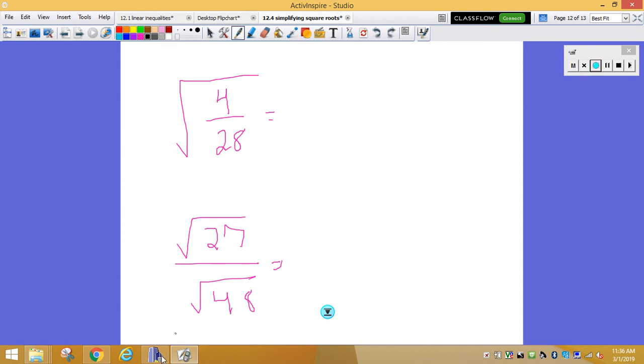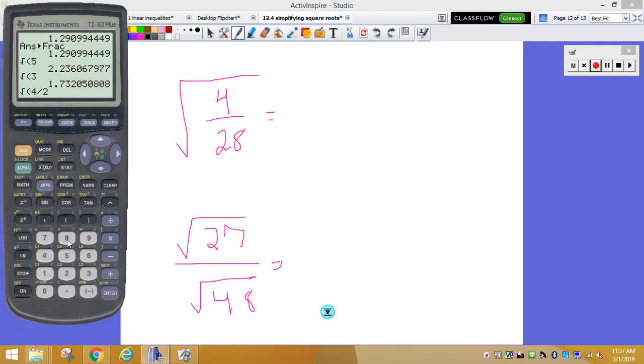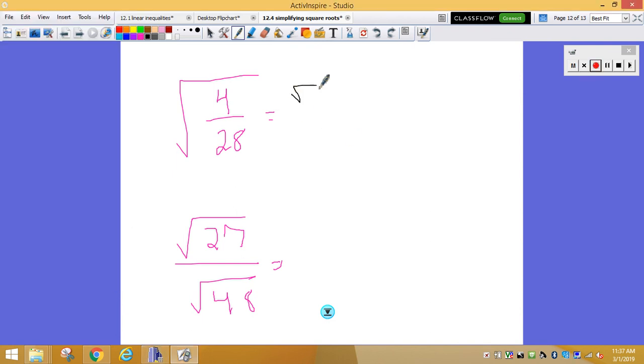All right, let's try and just type this in, see if we get lucky. Square root of 4 over 28. Nope, we did not get lucky, so let's split it up. Square root of 4 over the square root of 28. Well, the square root of 4 is just